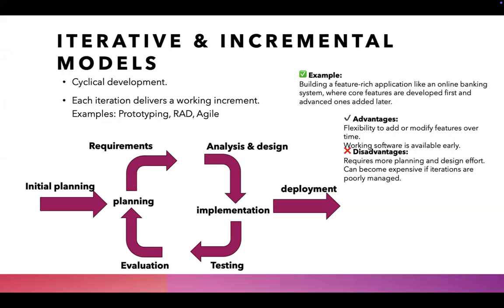Iterative and incremental models. This model is different because it builds the software gradually. Instead of building everything at once, we develop and deliver the software in small parts. Each part or iteration adds a new feature or improvement. For example,